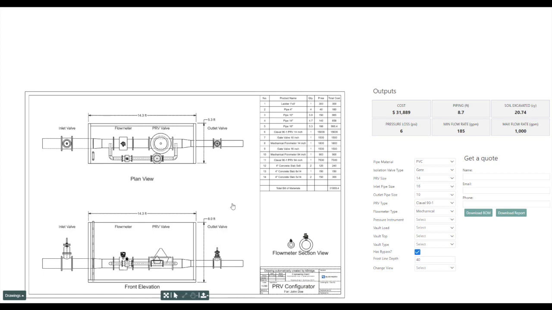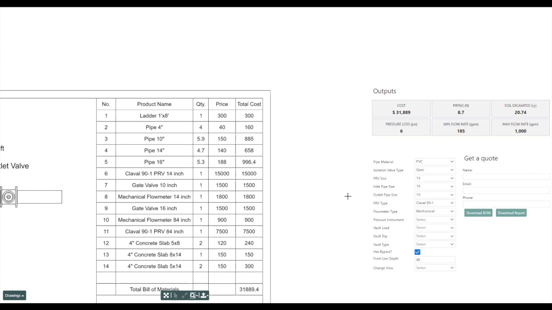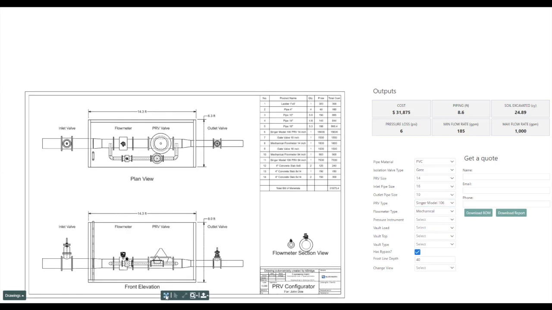So let's look at a few things. If I jump over to the bill of material that's on the drawing and I decide that, you know what, I don't need a Claval valve, I'm going to go with a Singer valve instead. As I make that change, a number of things occur. Certainly the bill of material adjusts, but then also the valve itself changed, so that the shape of the valve. In addition, if